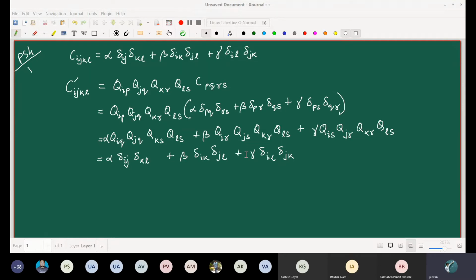In question number 2, it is stated that the constitutive law for a linear elastic isotropic solid is given by this very familiar form by now. From this relation, we have to find the inverse relation. So we have to find out the epsilon ij in terms of sigma ij. And a hint has been given to us. Please read this.